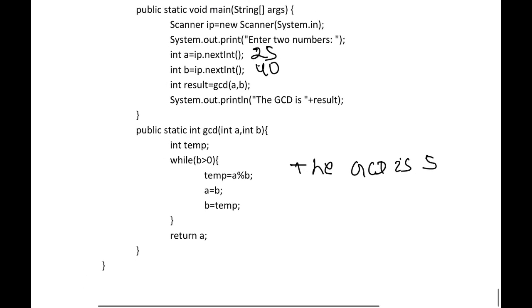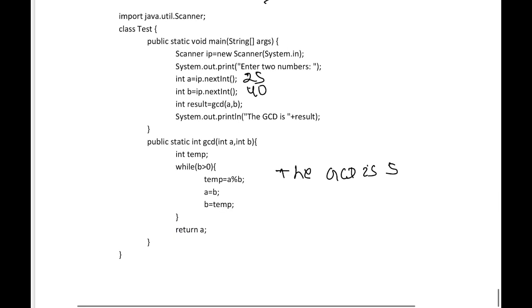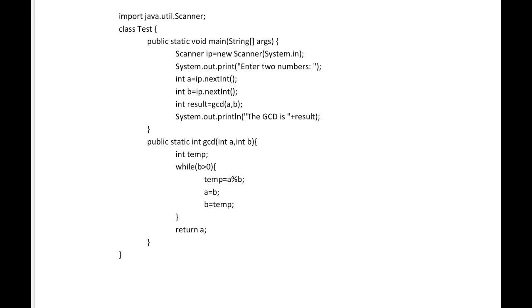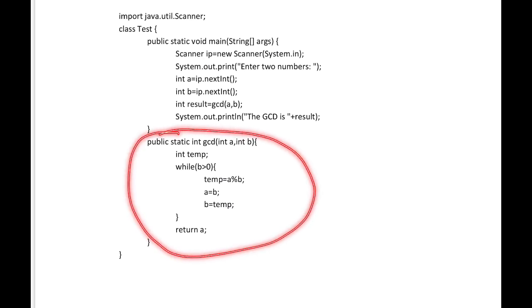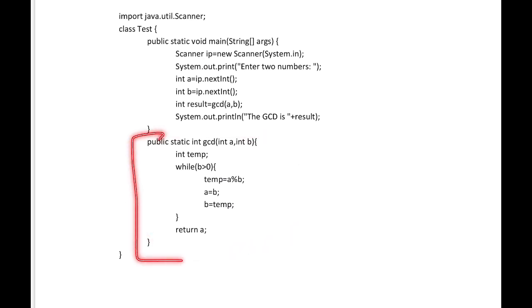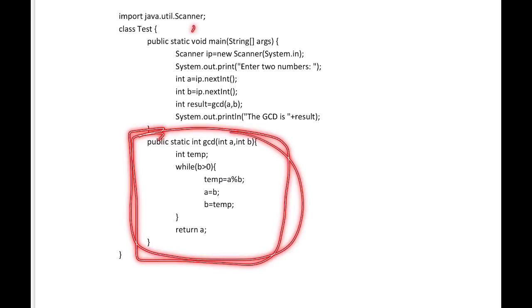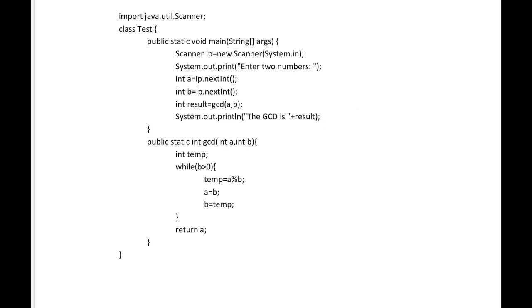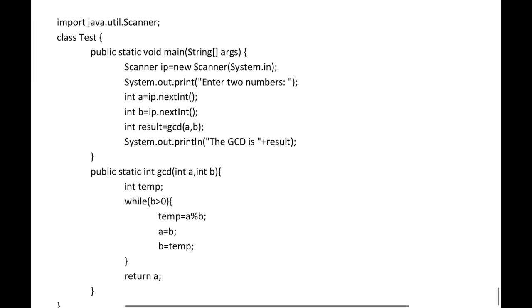Now here you can observe we are isolating the computation of GCD from the rest of the code. Here we are computing the GCD, and using the concept of method, we are isolating this part from the rest of the code. If we follow this approach, the quality of the program is going to improve.